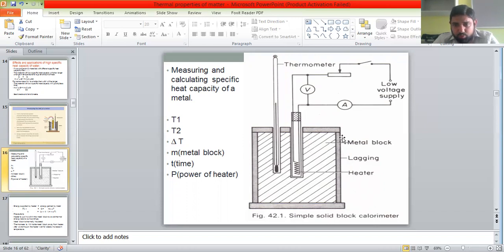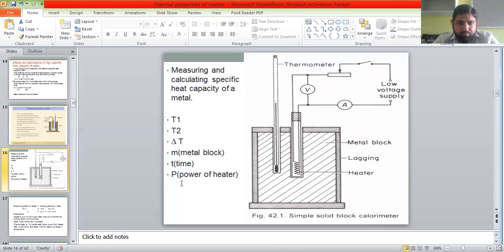There is a proper lagging provided. In the previous picture you saw a metal, sorry, a wooden block. So it can have a lid also, and it can have some insulator covering inside, for example, foam or cotton or some fiber sheet can be there to insulate it. You may be asked in some ATP question to suggest some material for insulation. So that can be wooden block, wooden sheet, cardboard sheet, fiber sheet, cotton covering, foam covering, styrofoam covering. These are some materials which you could suggest.